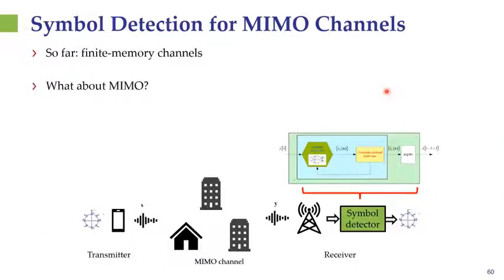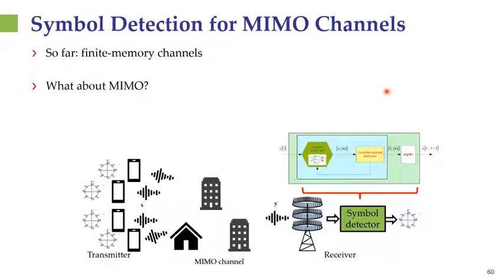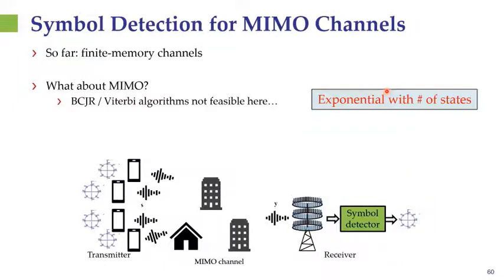Let us now proceed to a different family of channels, MIMO channels without memory. Here, the cardinality of the measurements, which is dictated by the number of antennas, can be very large. Also, the cardinality of the inputs, which is dictated by the number of transmitters, can also be very large. As a result, the algorithms we've considered earlier, the BCJR algorithm and the Viterbi algorithm, are simply not feasible here, regardless of whether they're implemented in a data-driven fashion or in a model-based fashion, because the complexity grows exponentially with the cardinality of the input. This gives rise to the question: which symbol detection algorithm should one use that can be implemented in a data-driven fashion for MIMO detection?